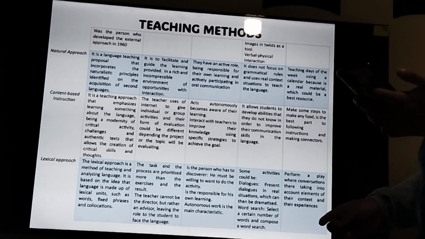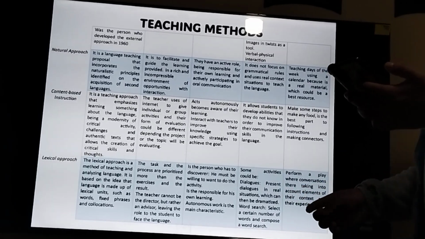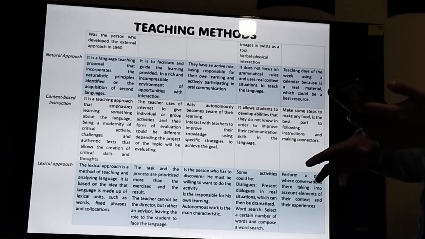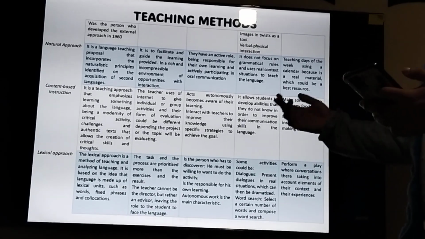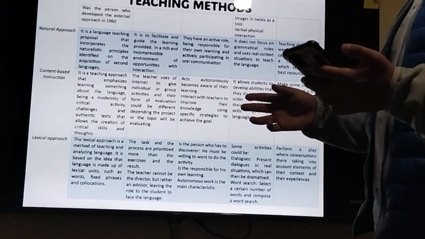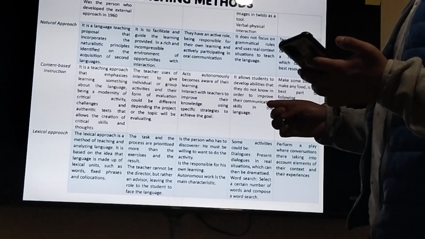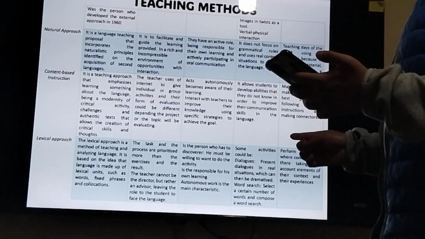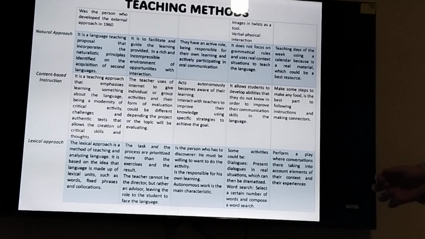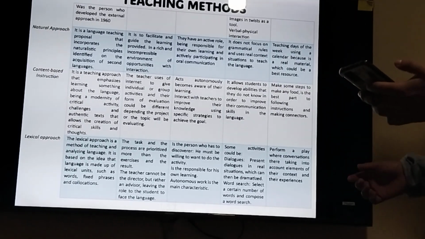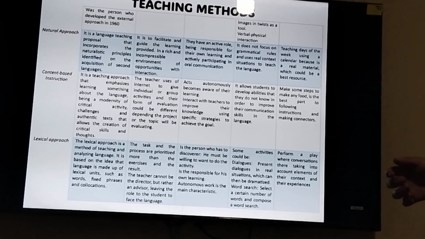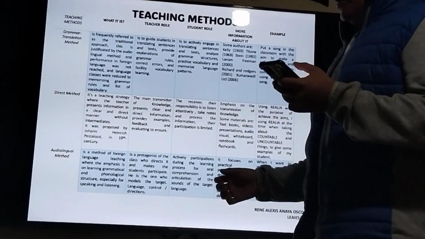Situations which can be dramatized. Another activity is a word search: you can select a certain number of words and compose a word search. The student's role is like a person who discovers; he must be willing to do the activity and is responsible for his own learning. Autonomous work is the main characteristic. An example could be to perform a play with conversation, taking into account elements of their context and their experiences. So with this